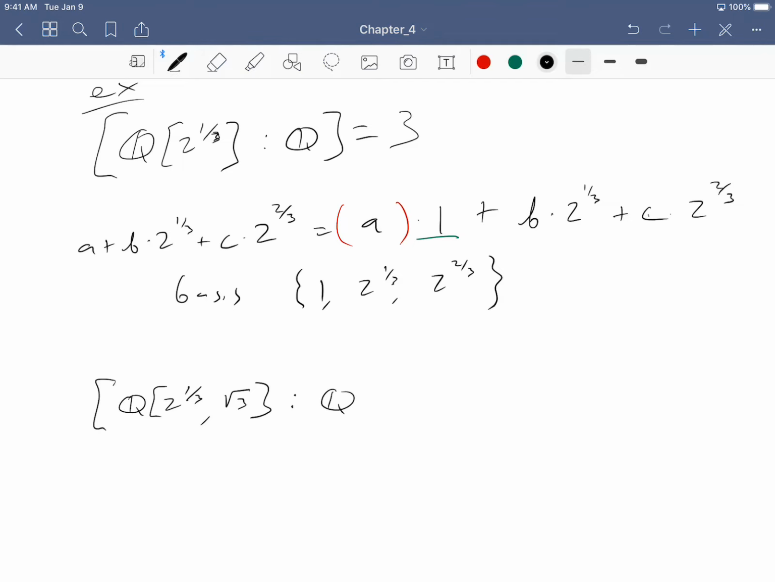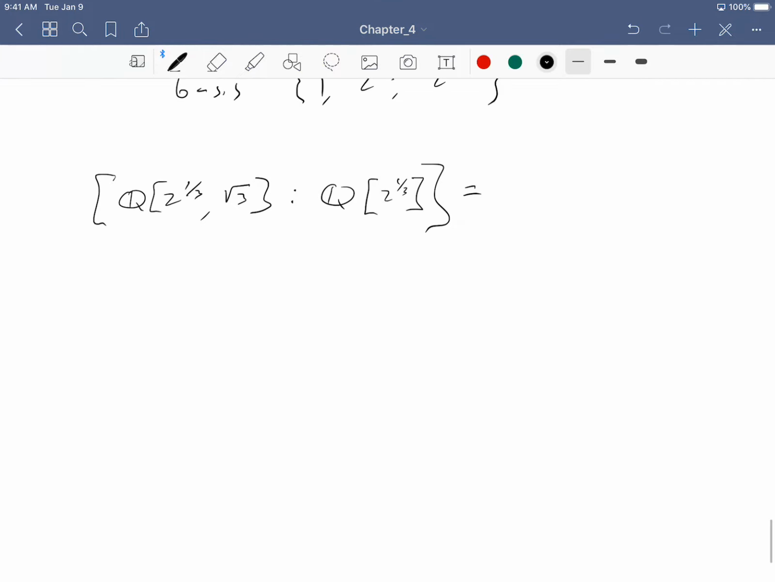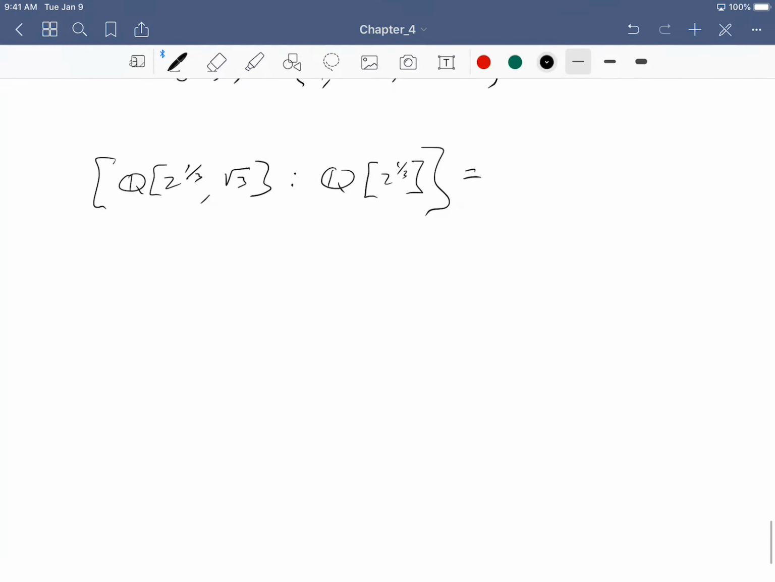So we're going to have a field extension from Q adjoin 2 to the 1/3. We're extending to Q adjoin 2 to the 1/3 and root 3. And so again, I want to know what's the degree of that. And here, hopefully you've got the feel for what that Q adjoin 2 to the 1/3, root 3 looks like. The generic elements there are going to be